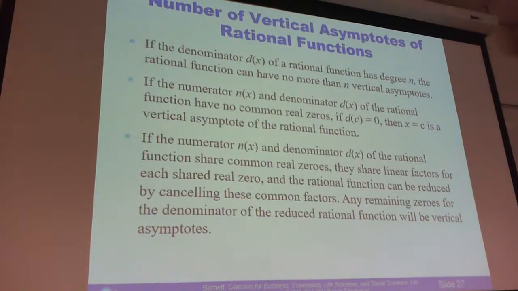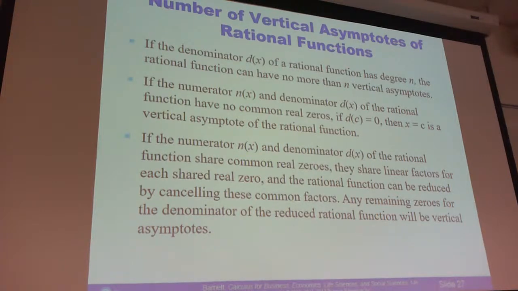Okay? So here are the rules. And again, write these down. We're looking for, well, this is the vertical one. For vertical, it's where the denominator is undefined. Vertical, where the denominator is undefined. The ones I really want you to note,